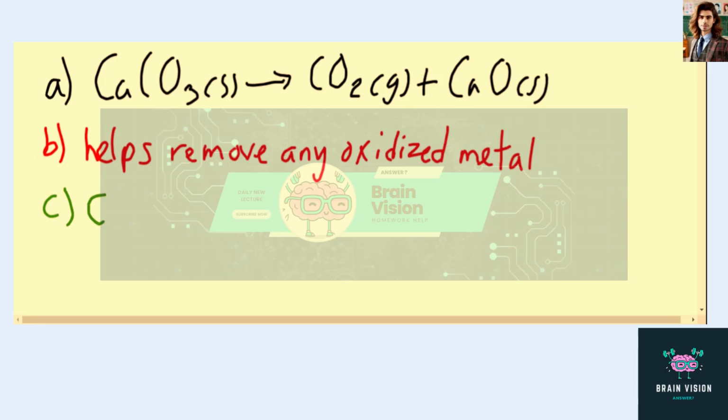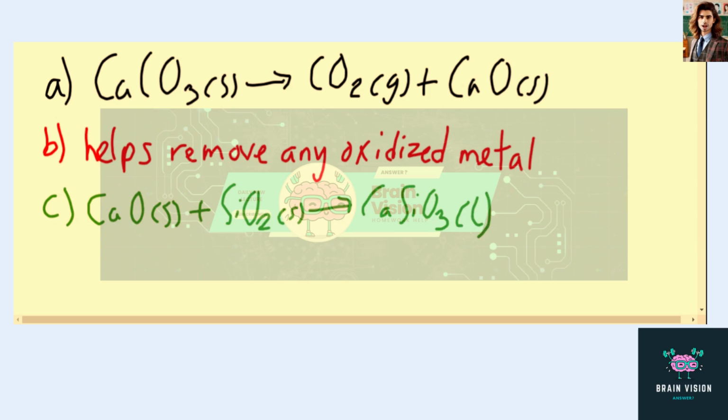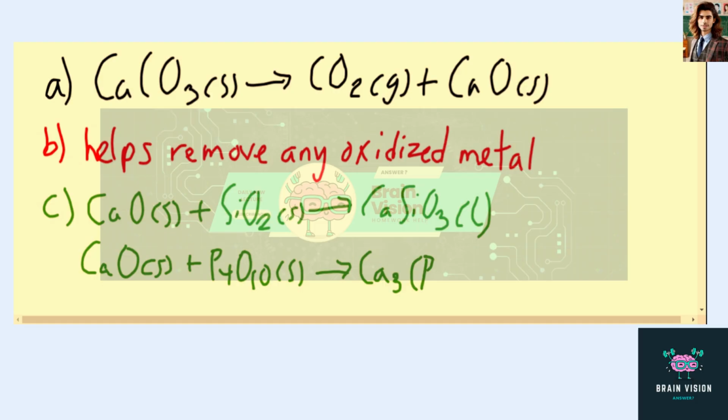So there's two: CaO plus silica, which is SiO2, solid, gives rise to CaSiO3 as a liquid, or you could add lime plus P4O10 to give you Ca3(PO4)2 as a liquid. And this is